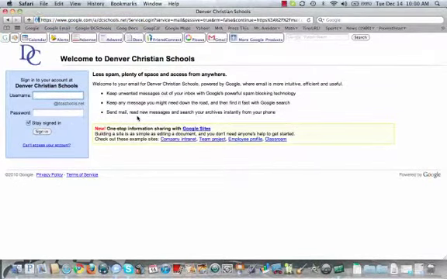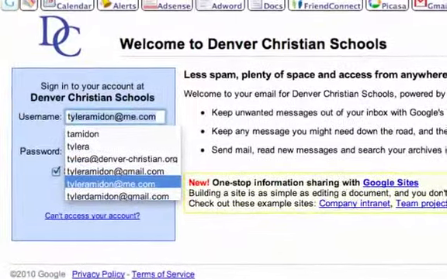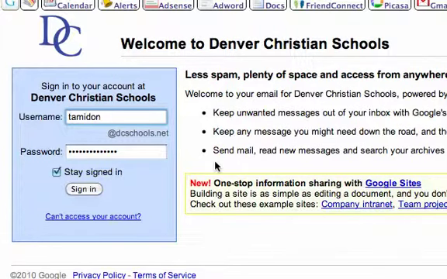Okay, so then you type your username. It's the first letter of your first name and then your last name. So first letter of my first name and then my last name, and then I go down here and mine just auto populates. Yours may or may not do that. If it does, great. And if it asks you if you want to do it, I would. It saves you that one extra step. So then I sign in,